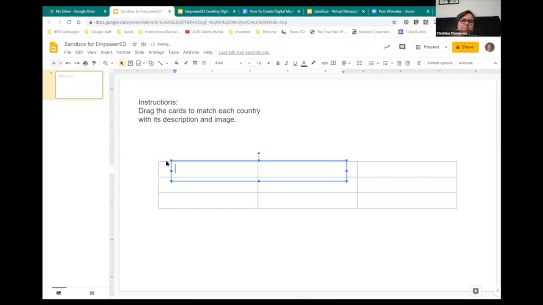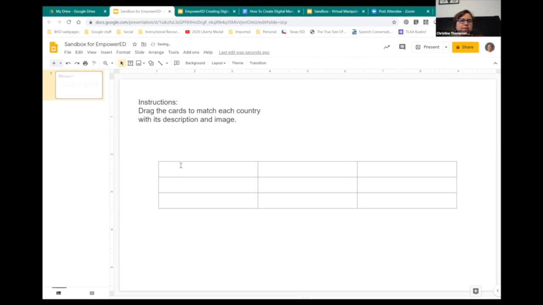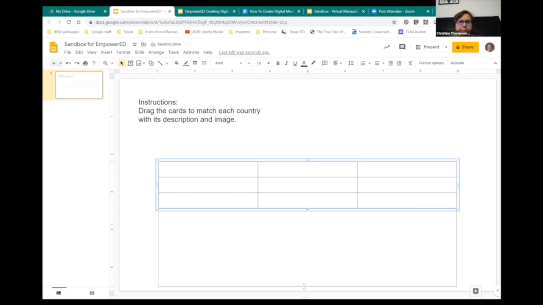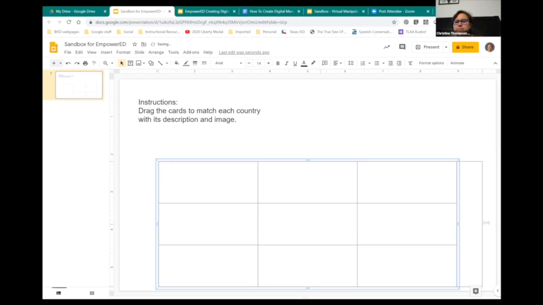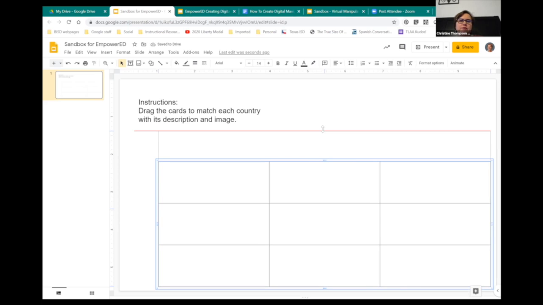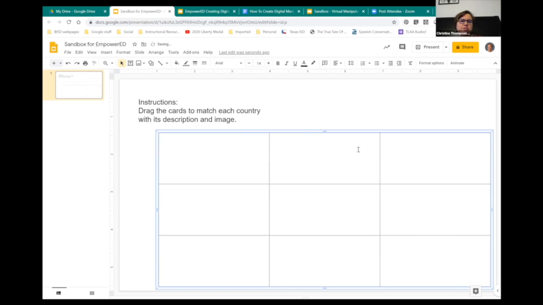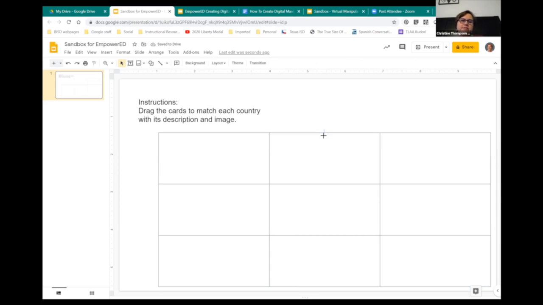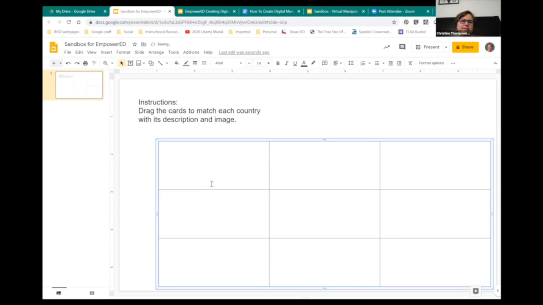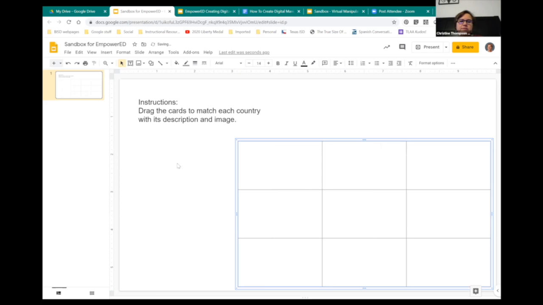So now I've got this table. I'm gonna, oh, goodness gracious. Gotta love it when it doesn't work with you, right? I'm gonna select my table and I'm gonna resize it. But that's why it's good that I have my instructions up there, because it tells me how far up I can really go without creating problems for my instructions. You also have to consider when you're making your size, how big your cards are going to be. So think about the cards that would fit inside of this particular chart. I need to leave space to put those cards over here to the left or to the top, whichever one you want to do.